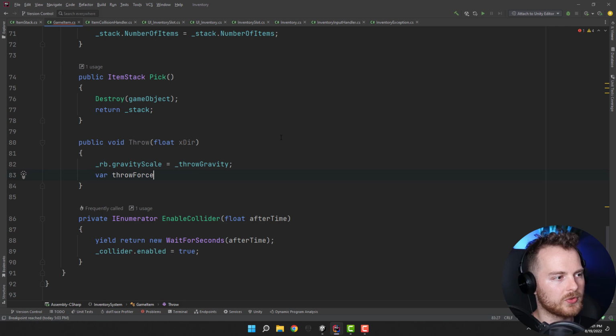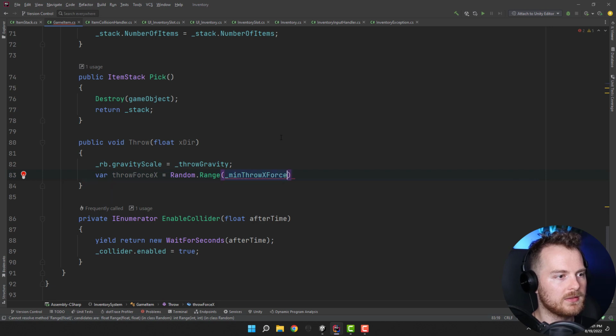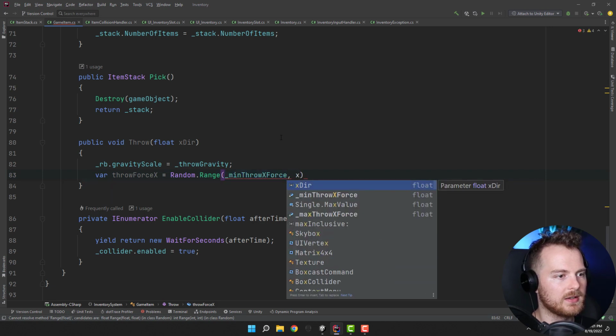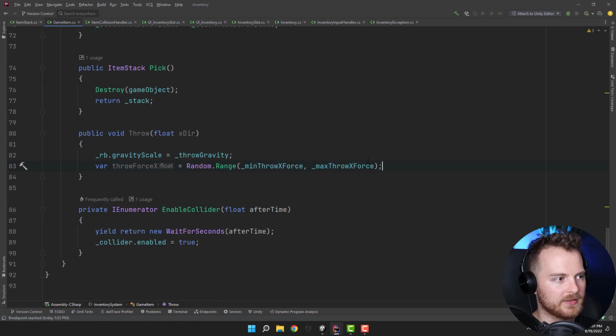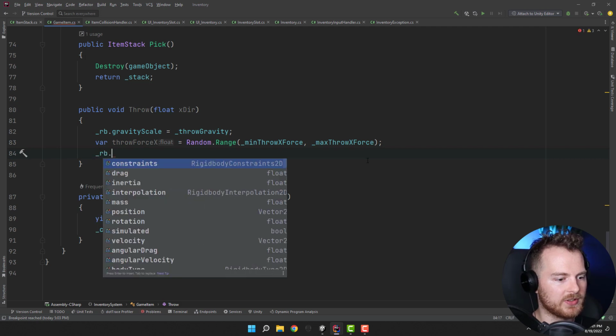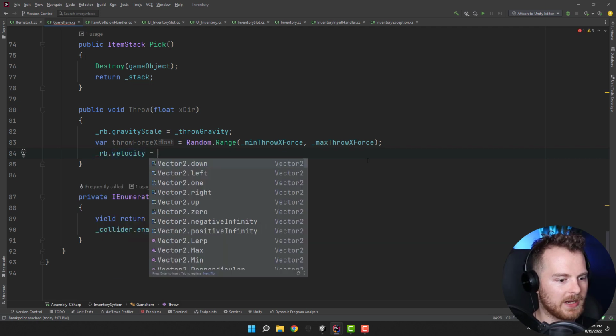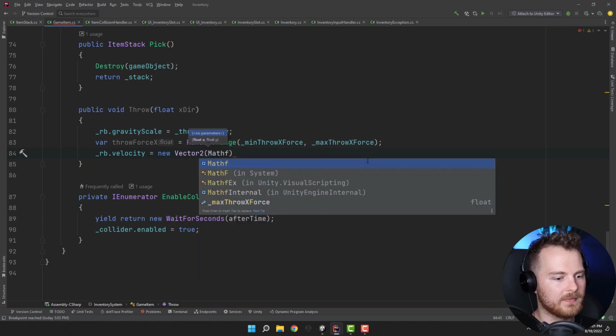So throw force x will be random range, and now x throw force min x, max throw x force, right? Great. So this will be basically return us range between this number and this number. So between 3 and 5 in our case. Awesome. So now we want to set the velocity of the game item to new vector 2 math f dot